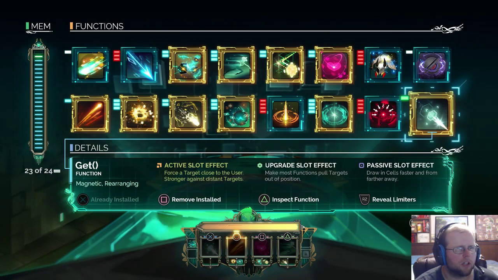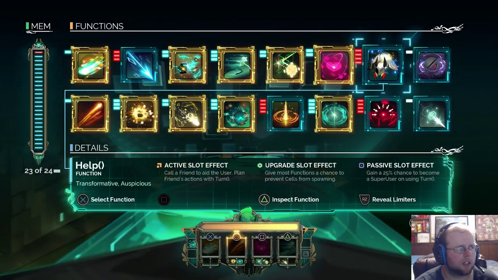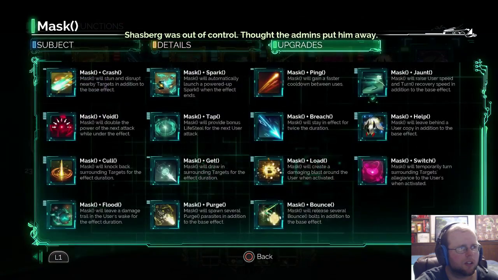Which I would probably remove as an install thing. Install this into my main. And then I have to, let's see, yeah, I have one more slot. What does it do? Conceal the user's physical self, amplifying the next action taken. Okay, so that's what that does. Okay. So basically, when I use this...